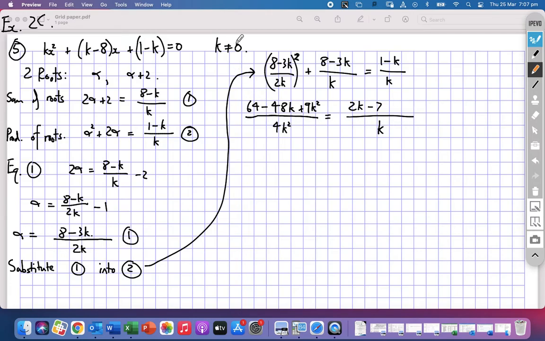Right. This question actually did say k can't be 0, which is nice, because if it was 0 there, that might be a problem. We're going to multiply that by k, and we'll multiply this by k so that I can do some cancelling there, and this will turn into a 1. Right. So we're going to get, next step, 64 minus 48k plus 9k squared on 4k